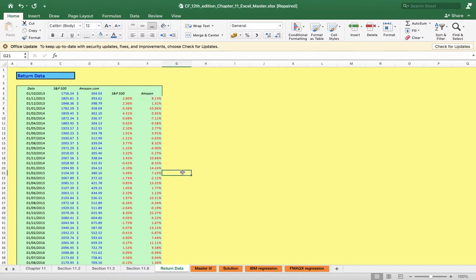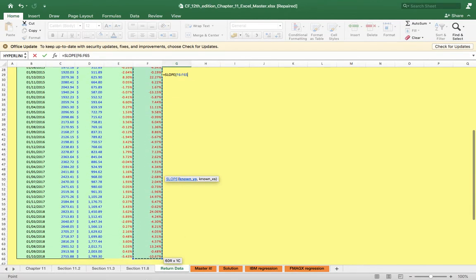Now it's the question of beta. Beta can be calculated as equal to, write down please, the formula we use for calculating beta: SLOPE. Once you click on SLOPE, it is asking you for the y value and the x value. Here the y value is the dependent variable, how your stock is getting affected by the market return. Therefore, y will be the stock return from here to here,